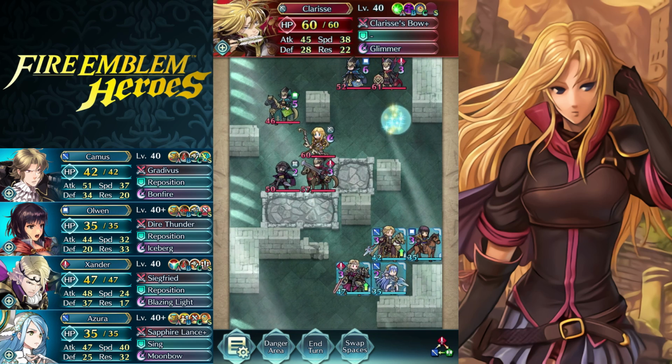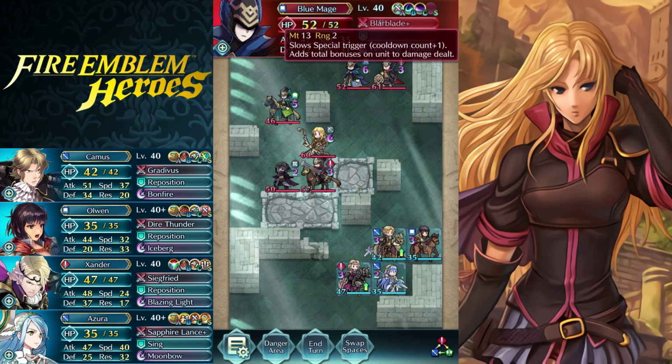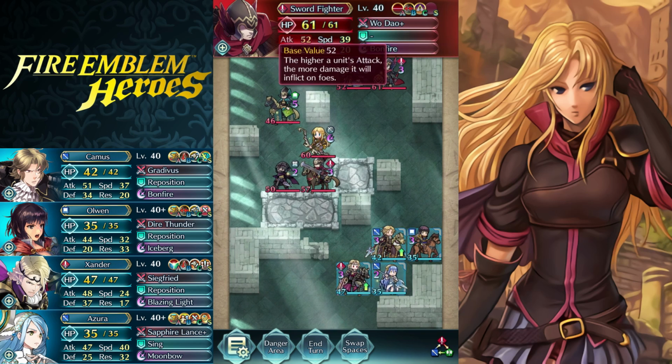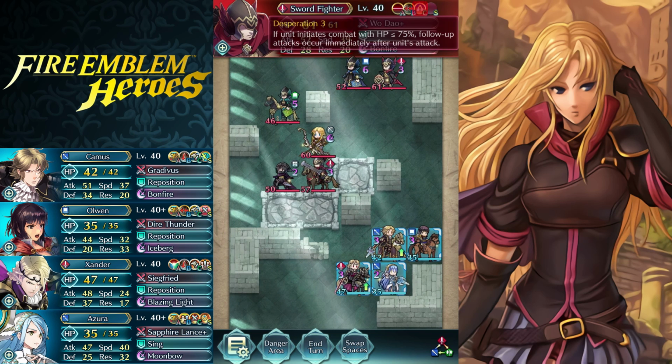Alright, so quickly finishing this, the blue mage, Flare Blade with Water Sweep, so again no follow-ups occur in certain situations. Sword Fighter with Life and Death, so he has high attack, fairly high speed, really high HP I guess. Desperation 3, and this one's pretty key,